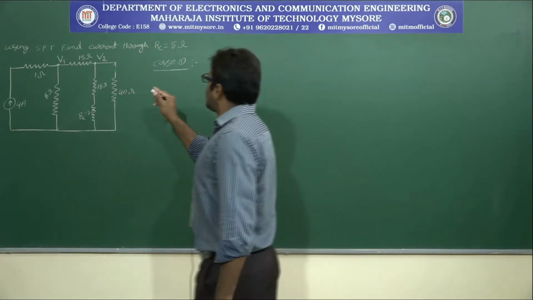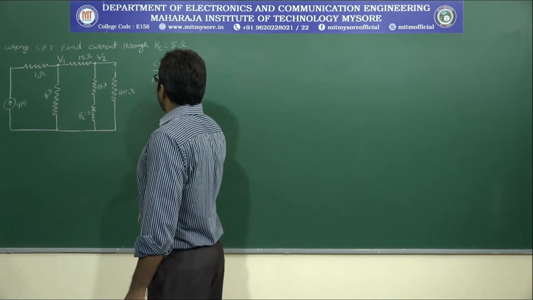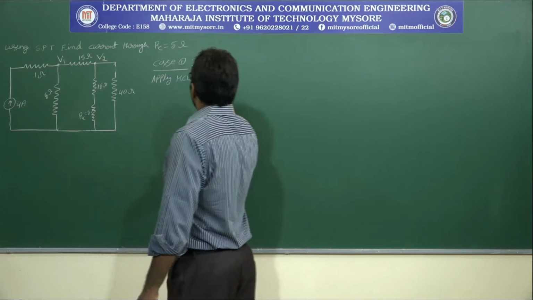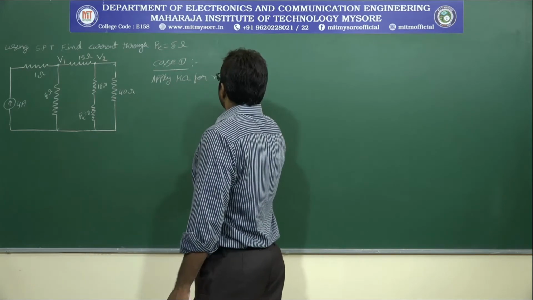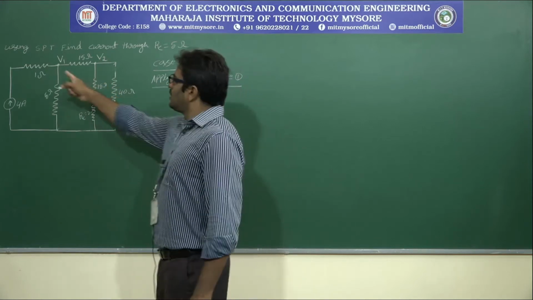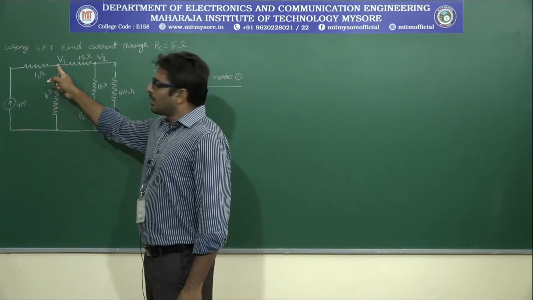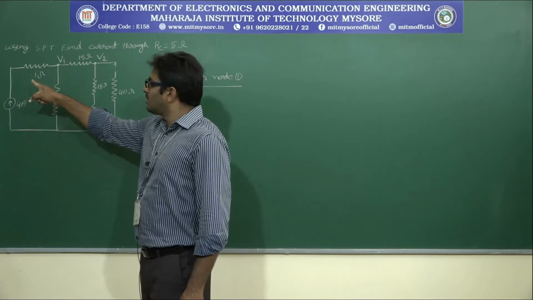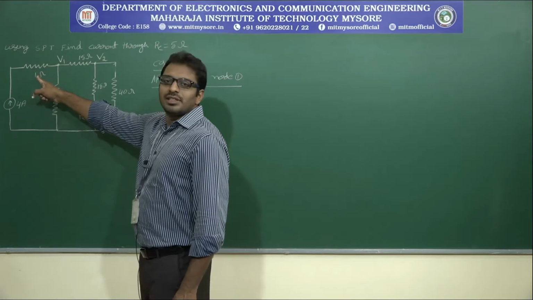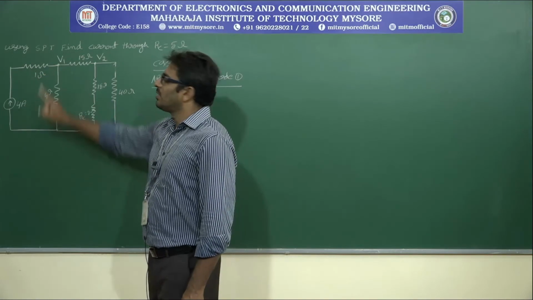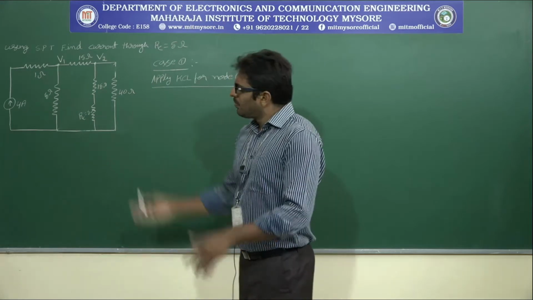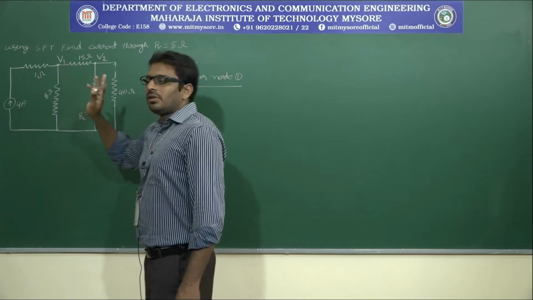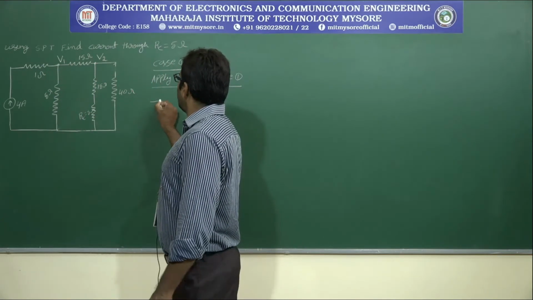Now apply KCL for node 1. Yes, this is node 1 in the circuit. 4 ampere current is entering. We can remove this resistance also, because current source and this resistance are connected in series, so this resistor behaves like a redundant element. No problem, you can keep it as it is. 4 ampere current source is entering into the node. Therefore, what is the sign? -4.